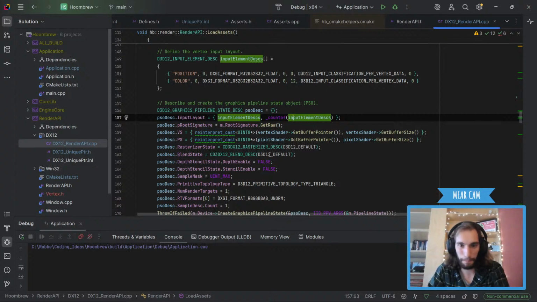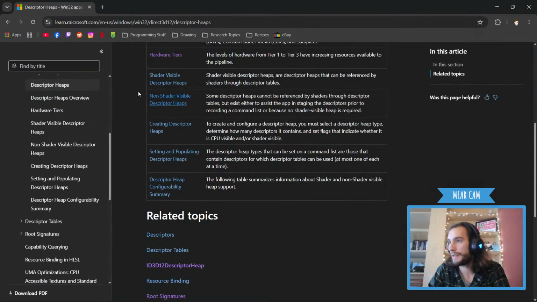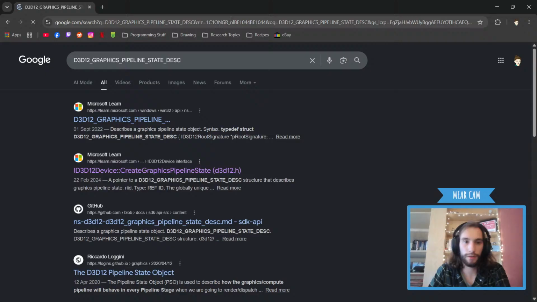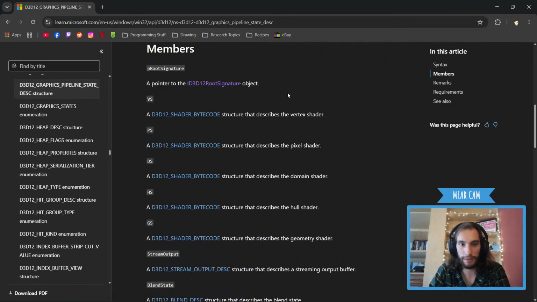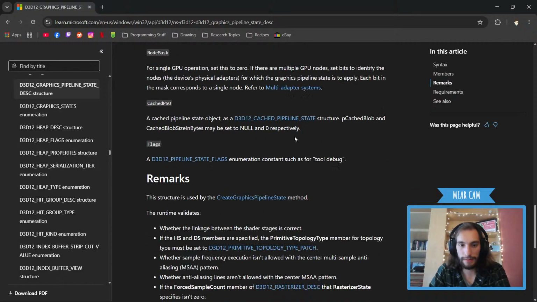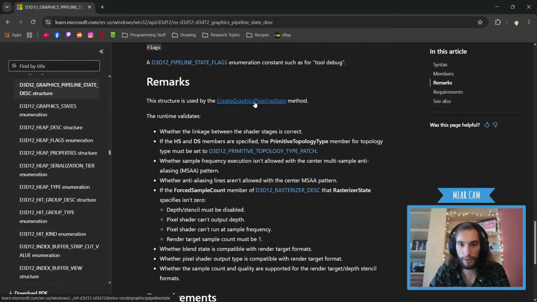Okay, either way, I still need to look up PSO. It's the last thing I need to go and look up before we can work on anything. So we got this. That's the description. I should have clicked on the other thing as well. Okay, so no code structures. No. Great, graphics pipeline state.